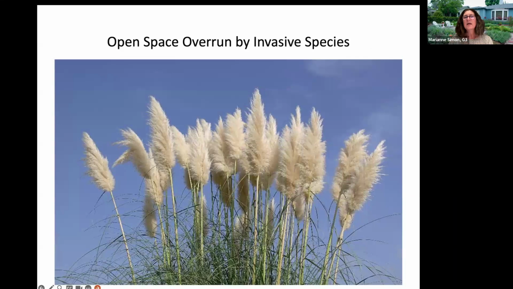And in many cases, we've got these invasive species that have gotten into our mountains, our riparian areas, and because they're not being managed by these more moderate fires, they add to the spreading of that fire.